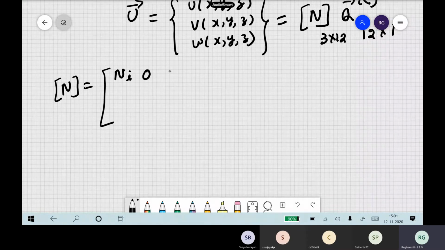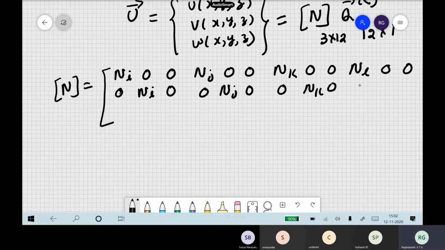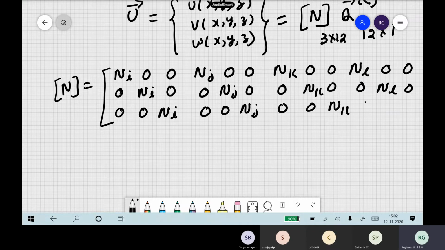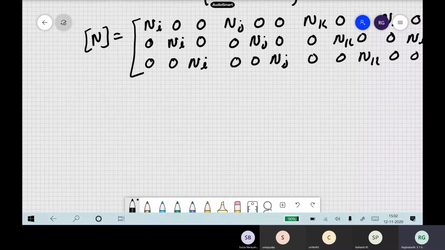So n_i 0 0, then n_j 0 0, then n_k 0 0, then n_l 0 0, then we have 0 n_i 0, 0 n_j 0, then 0 n_k 0, then 0 n_l 0, and the last one, 0 0 n_i, 0 0 n_j, 0 0 n_k, and then 0 0 n_l. So this is our shape function matrix for a tetrahedra, which is one of the popular,